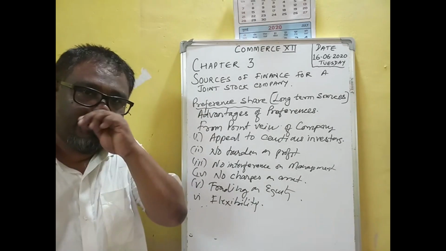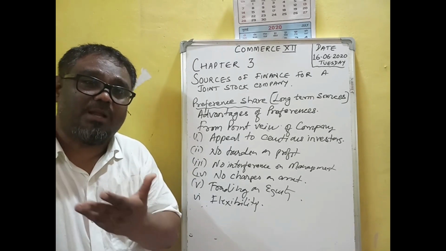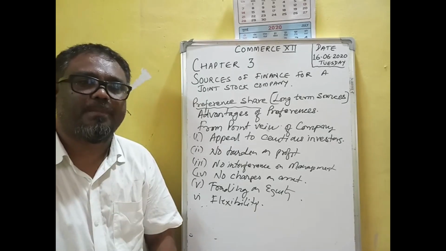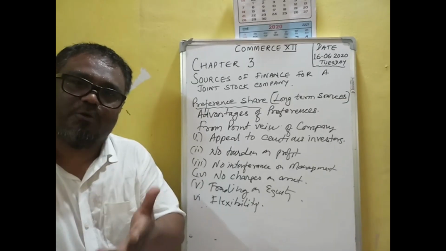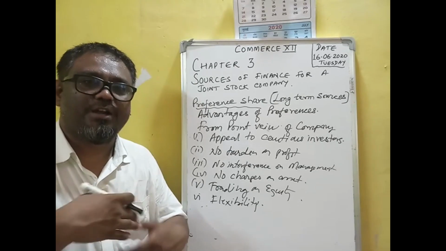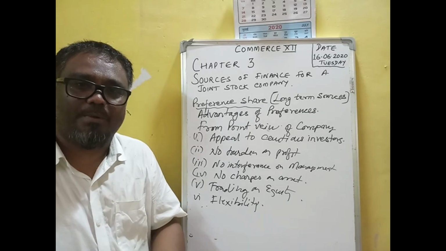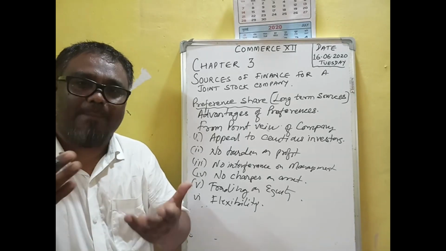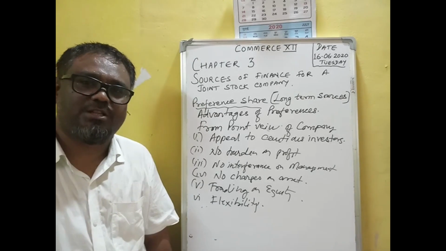So those who want to become equity shareholders also, these convertible preferential shareholders can be converted into equity shareholders. So that's why they have flexibility. Convertible preferential shares can be converted into equity shares. For redeemable preferential, the capital can be redeemed. When the company needs it, the company can raise capital by issuing shares. When the company does not need it, the company can return the capital.